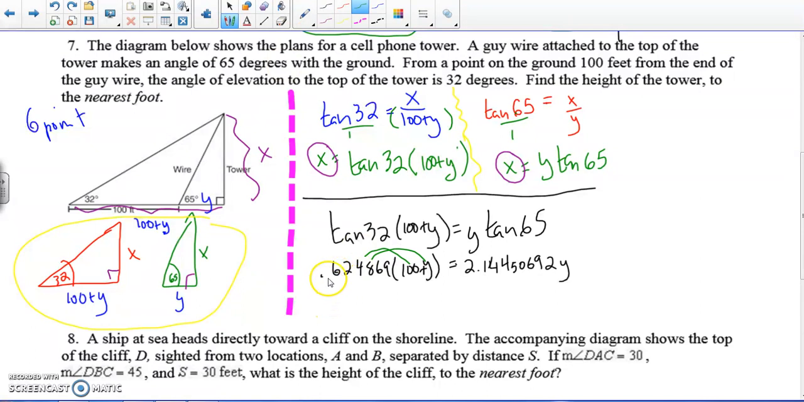So what this comes out to be is 0.624869 times 100. We go to our calculator and it comes out as 62.4869. And then we take this number and we distribute it to the y. So it's plus 0.624869 times y. All right, so not a lot of math to do there, but just gotta be careful. And on the other side, we still have the same stuff. We still have 2.144